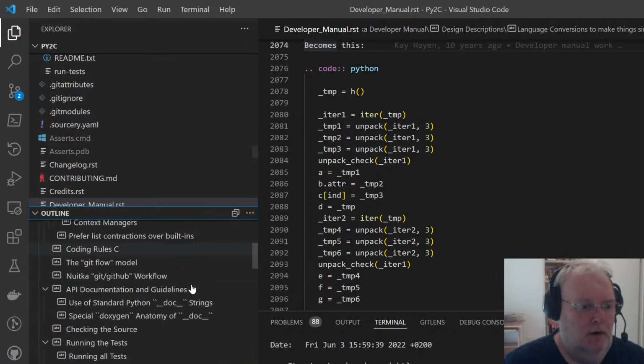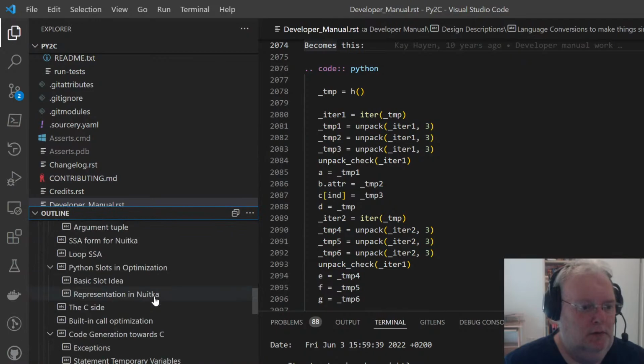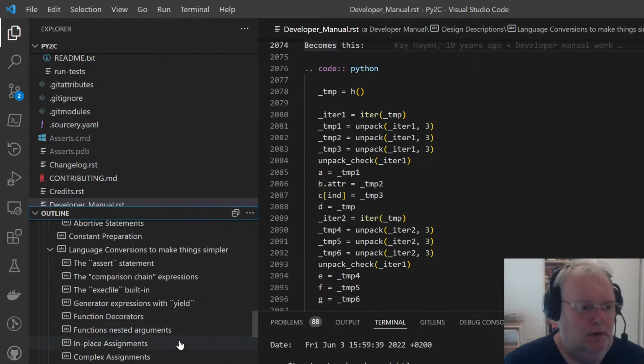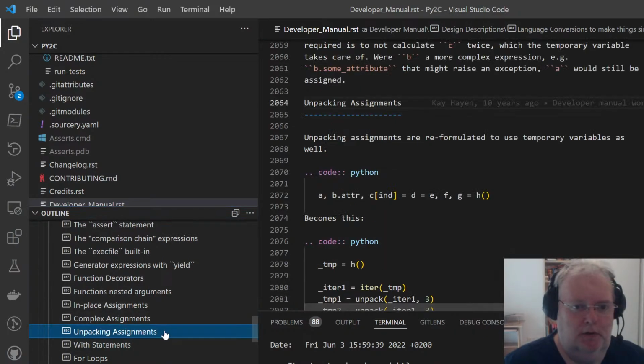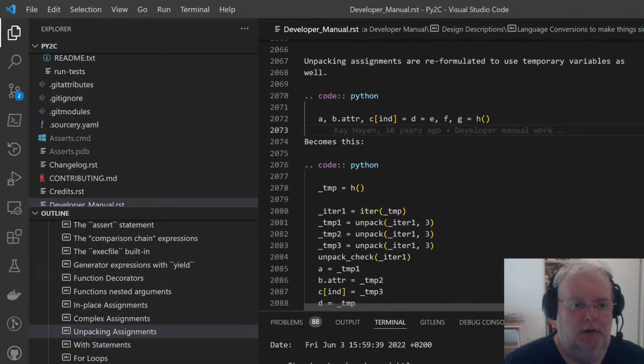So iterators in place, assignment, unpacking assignments. Yeah, this is what I was going to write. So actually, the iterated value is being built, an iterator is created, then unpacks are being done, and then the result is checked.